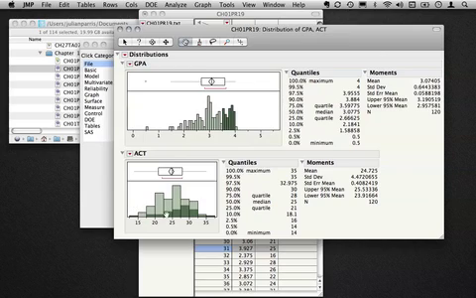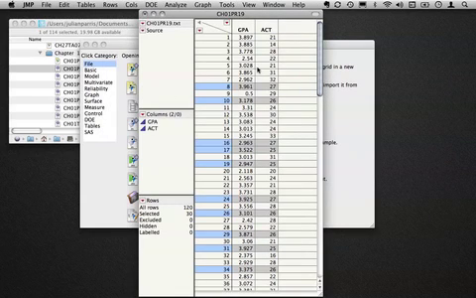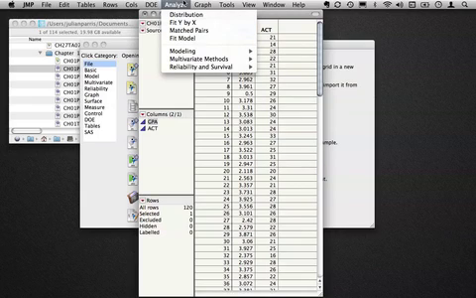In the same way, if we look at the ACT scores, we can see our maximum is 35 and the minimum is 14, and these fall into the ranges we should expect for these particular columns. So let's go ahead and close that distribution plot. Everything looked okay there. Now what we're going to do is launch the Fit Y by X platform, and this